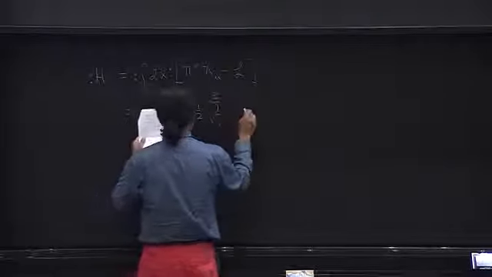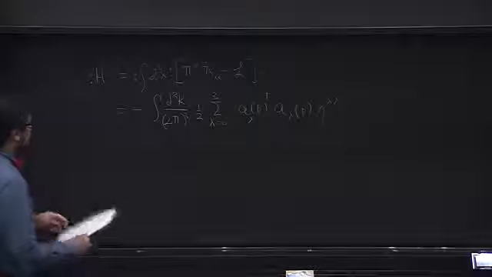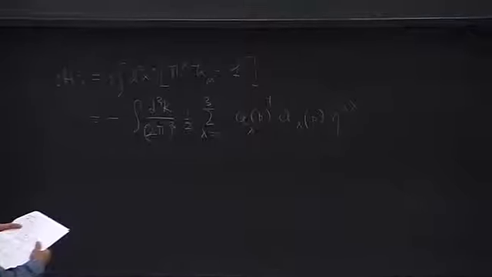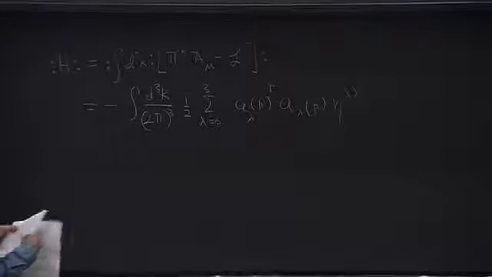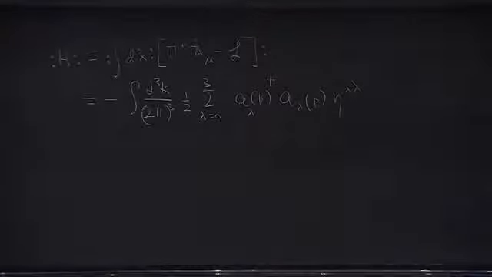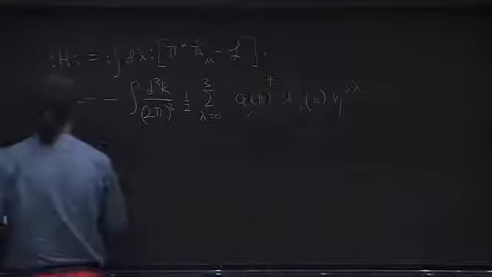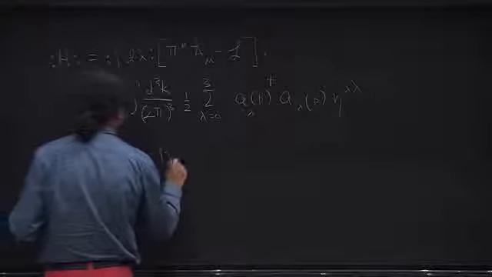So on the face of it, we seem to be taking into account both the null and the longitudinal polarization states. But if you now say, okay, I'm going to take the expectation value of this normal ordered Hamiltonian between some physical state,